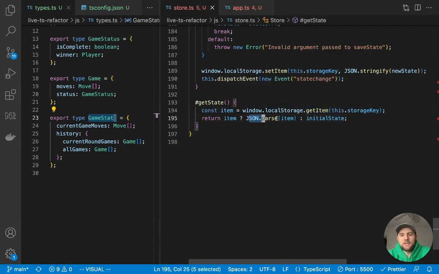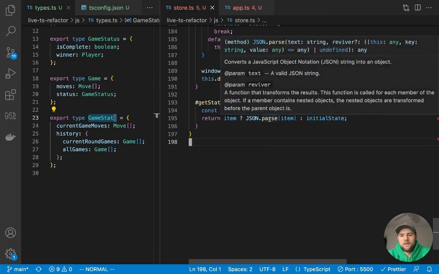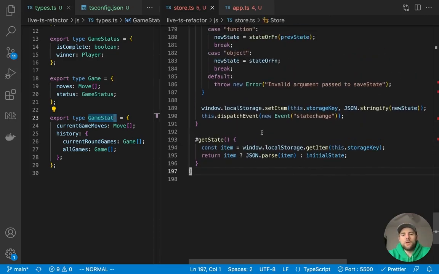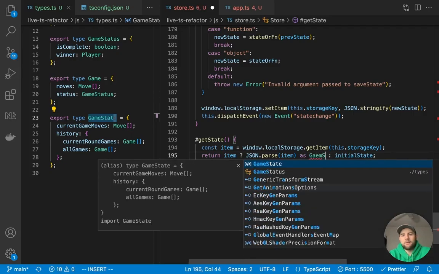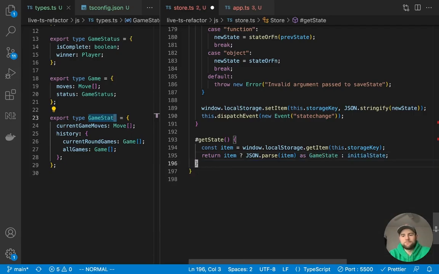And the JSON parse method is where it's going to return an any type. So if we want to give this a strong typing, we will cast the type. So we can say JSON.parse item, and then this is going to be as GameState. So now getState is going to have a return type of GameState.